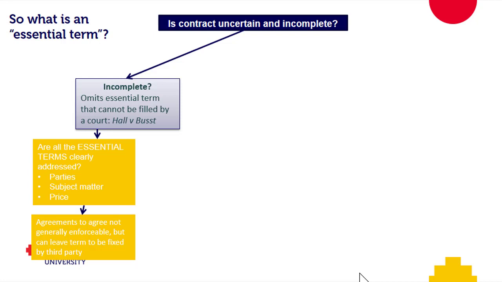We can't agree to agree. We can agree to talk, we can agree to negotiate, we can agree to mediate, but we can't agree to agree. And now I think you're probably down the legal minefield enough, down the legal rabbit hole to get that that logic makes no sense. We've either agreed or we haven't agreed. We have all of the elements, but we can't agree to agree. We can agree to negotiate, we can't agree to agree.